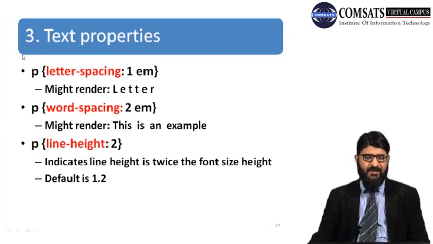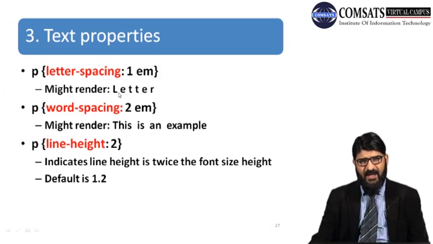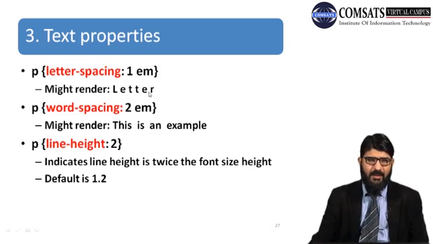So now see the text properties for the letter spacing. If you do consider over here, in letter spacing 1 em is given. Em is basically the width of a capital letter and 1 is that much spacing for the letter. So it will render like LETTER, and for every letter, like after the L alphabet there is a 1 letter spacing, then E, then 1 letter spacing, then T, then 1 letter spacing, and so on till R.